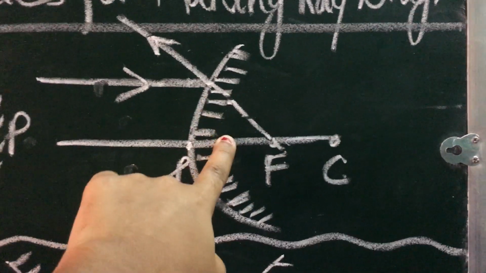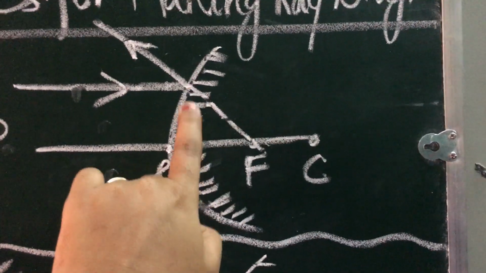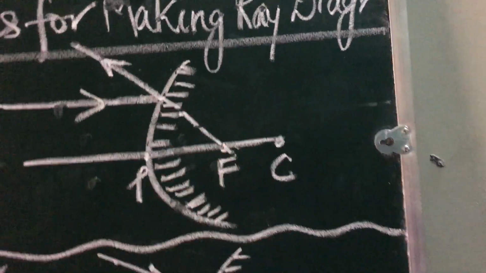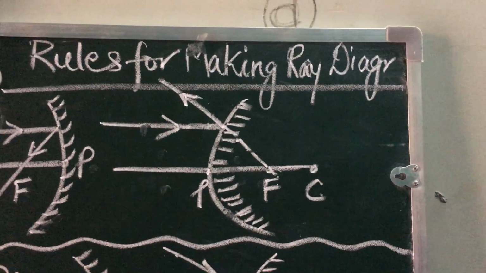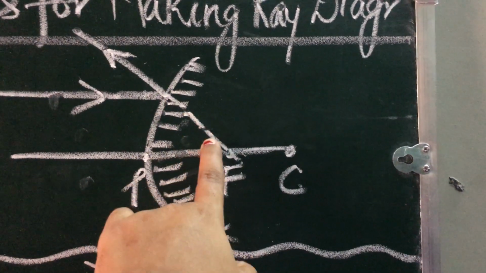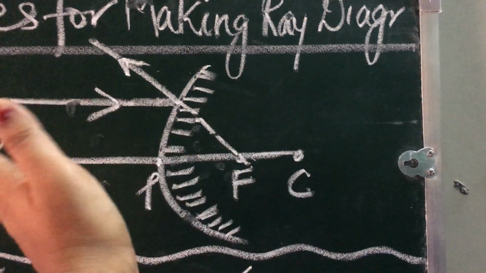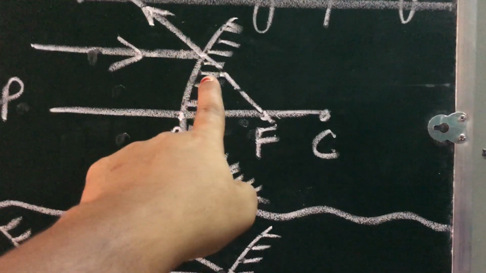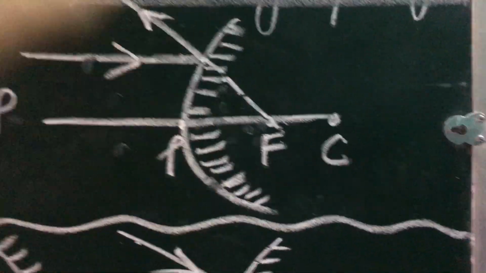But here you can see in convex mirror the images are actually virtual. They are not going inside the mirror, but we are imagining that they are meeting at the focus. So that's why in convex mirror the light which we are showing inside of the mirror, we are showing it by dotted lines. Okay, and it is going through the focus, and so it will go this way.